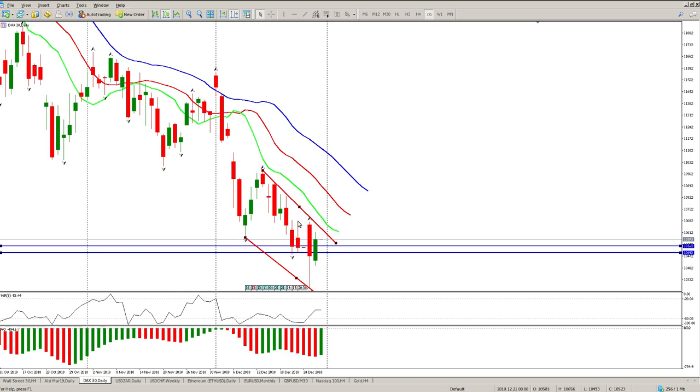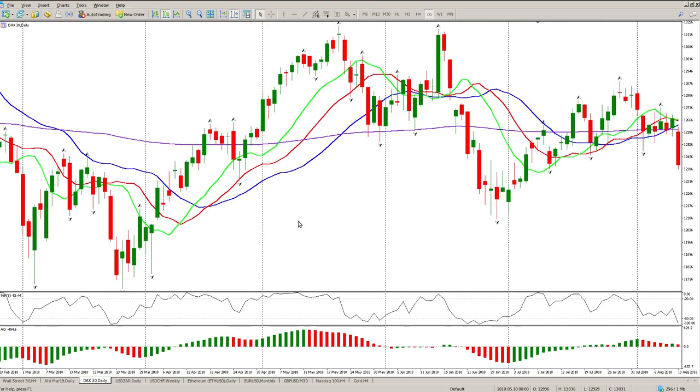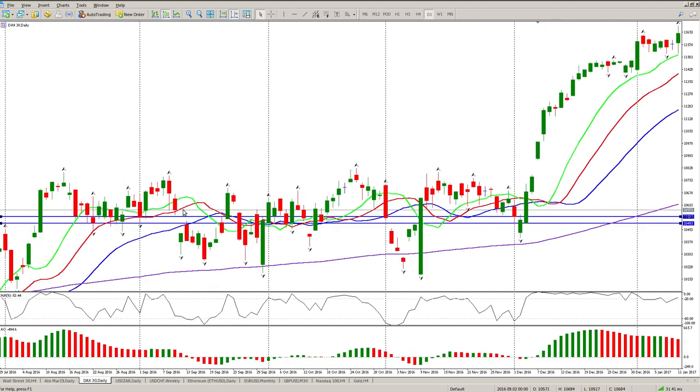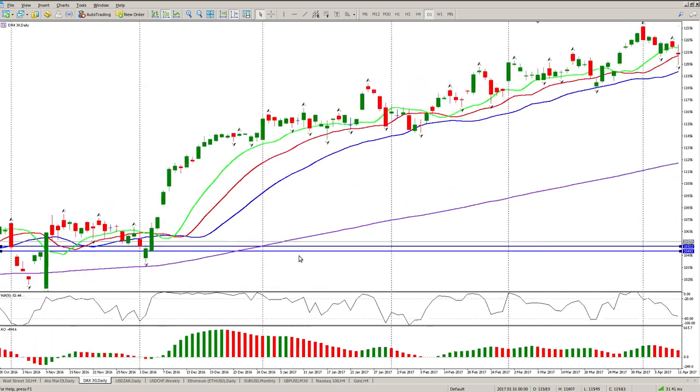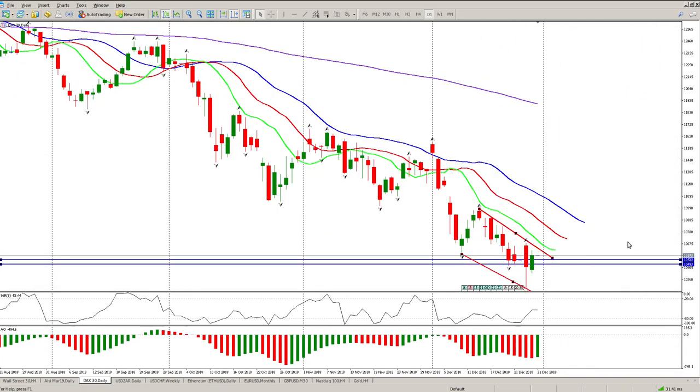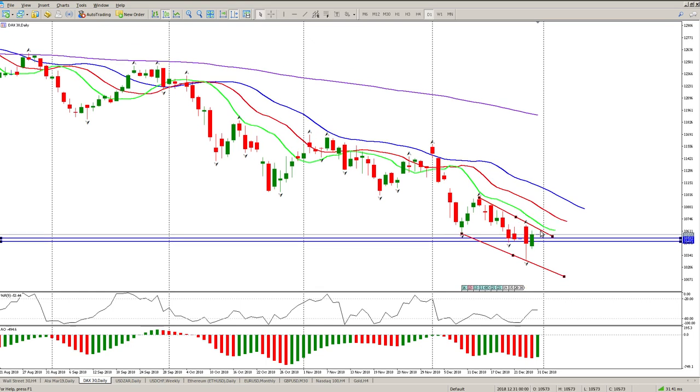Trend is still very strongly to the downside, but we don't have any levels to the left to pick up off. Got a lot of congestion here, so it's kind of going to be a difficult setup to follow through on. So I think the first choice is short, trade with a trend.